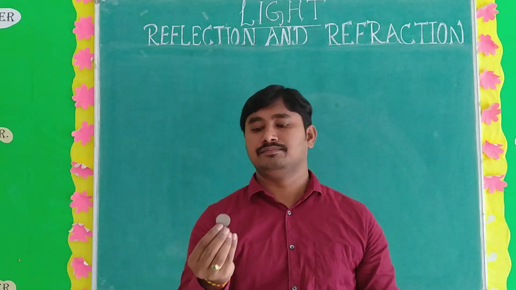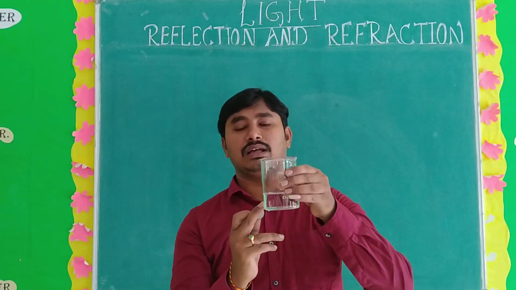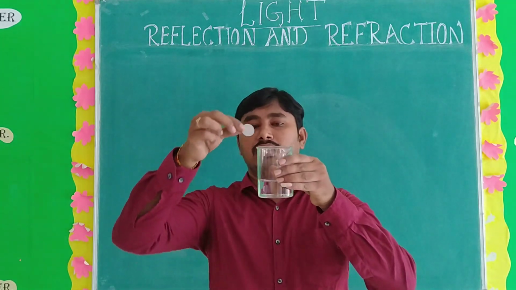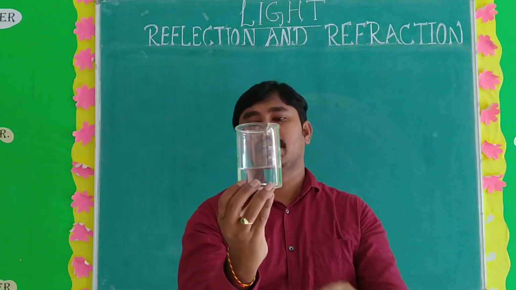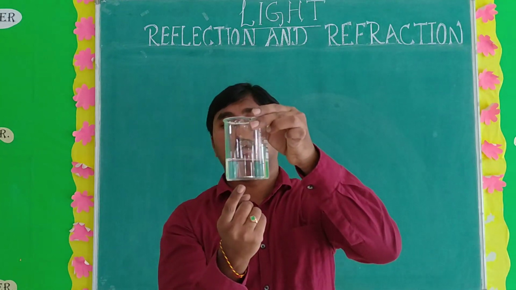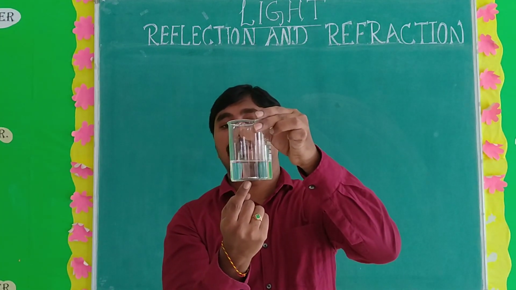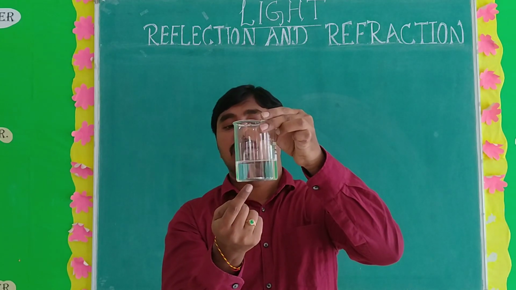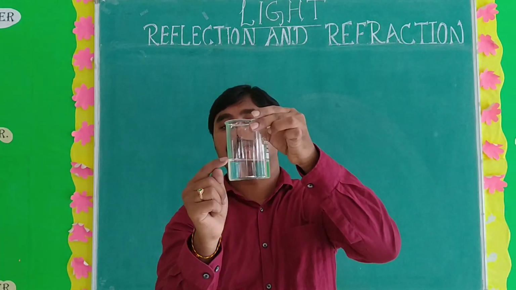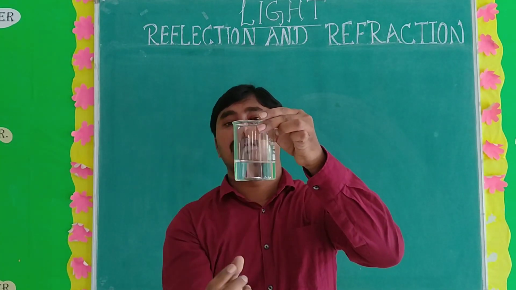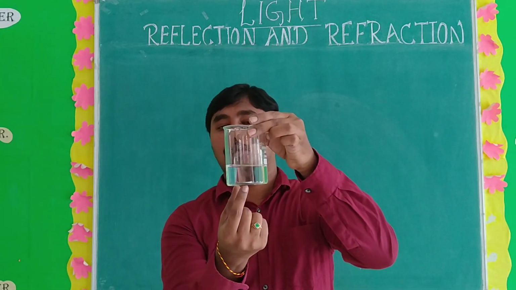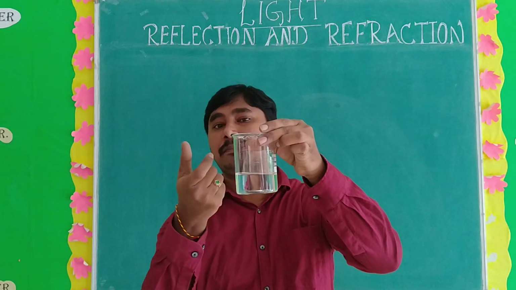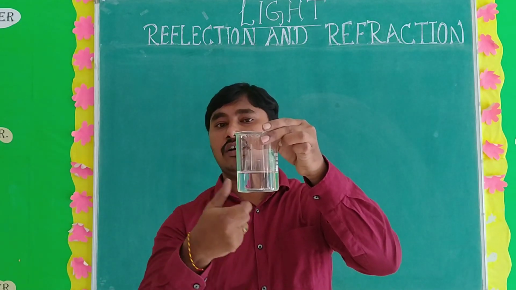So this is a coin. Take some amount of water in a glass. You have to take the coin and place it inside. Okay. So once you observe here, one object is there. This is a real coin. But here this coin makes some image. On the upper surface of the water, you have to see in this place, one image is there. Okay. And also see here the small size of the coin appears somewhat big. Okay. What is the cause of this?